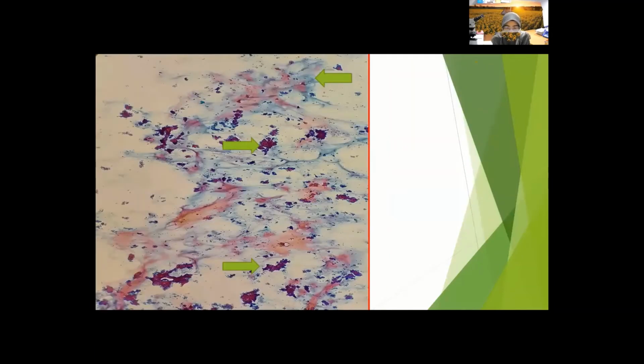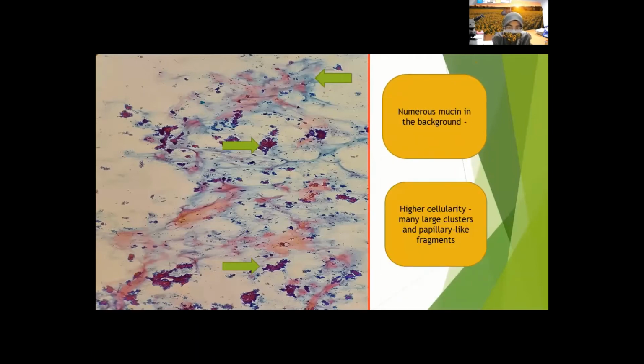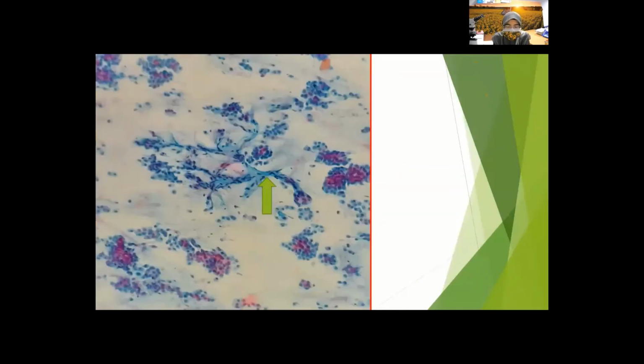So this is the alcohol-fixed smear. You can see the same material can still be appreciated, and the tissue fragments are quite large, with some looking like papillary-like clusters. Okay. So under higher power, we can appreciate these areas as shown by the arrow. The green arrow shows the presence of transversing blood vessels,